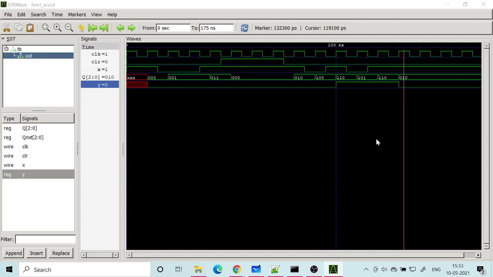Data path is basically registers, combinational circuits like multiplexers, and data bus, address bus, all of this. And the control unit basically generates signals which will decide how the register, ALU, multiplexer, those things will work. Which one will be activated, which will be deactivated in a particular clock cycle, etc.